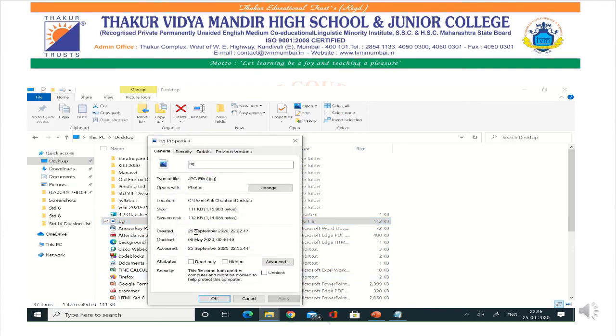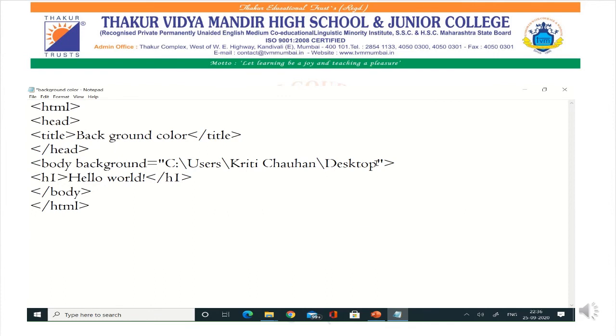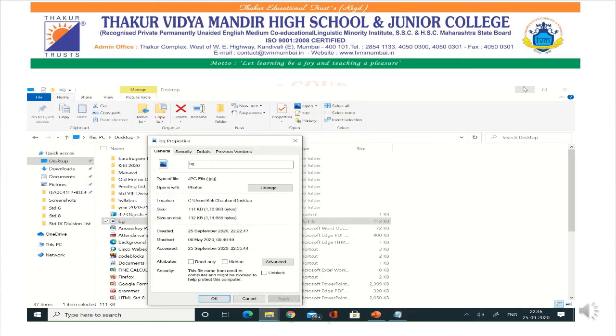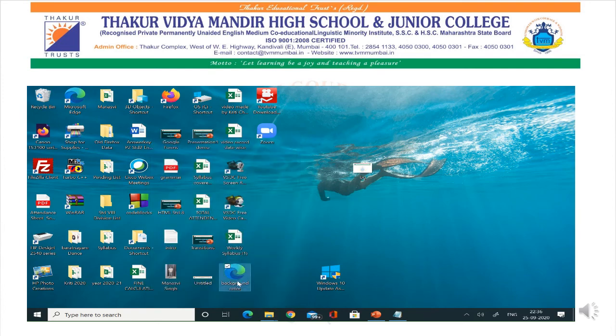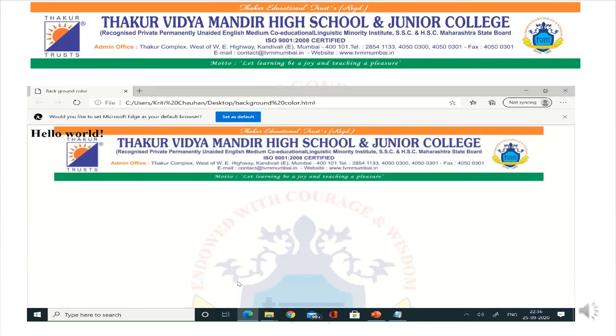It is JPG. So bg.jpg. Now let us save this file. Now let us execute this file. Can you see the background? So this is the background image of the file.